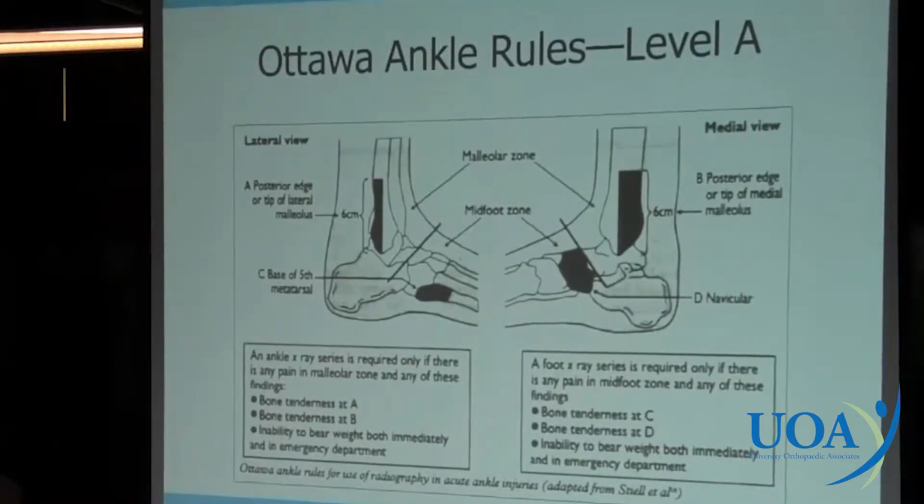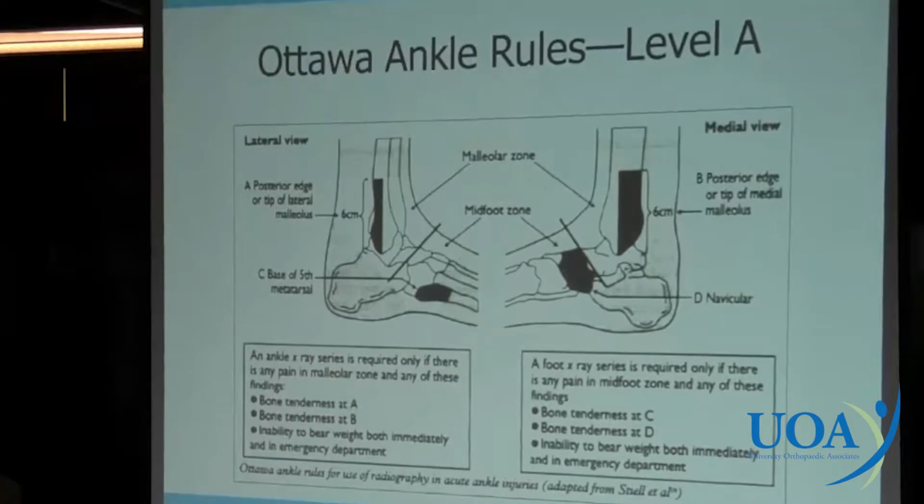So in trying to filter out the kids who need x-rays and those that don't, if you focus on just the bony tenderness, as to where they actually hurt, which is easier to do right after the injury before they swell, you'll get some good information and feedback as to who you think might need an x-ray. Because when these kids come in all swollen in 2 or 3 or 4 days, everything hurts, and it's really